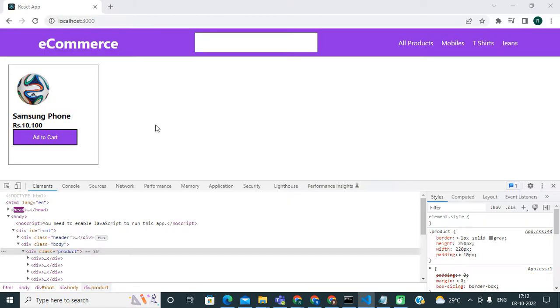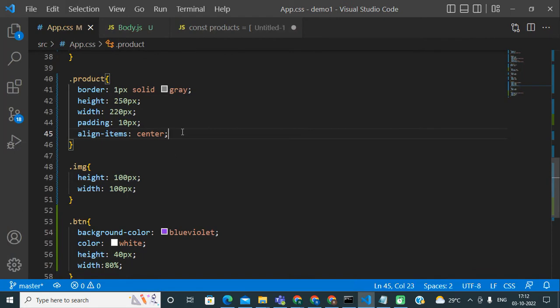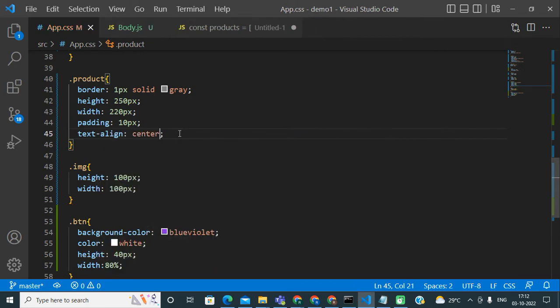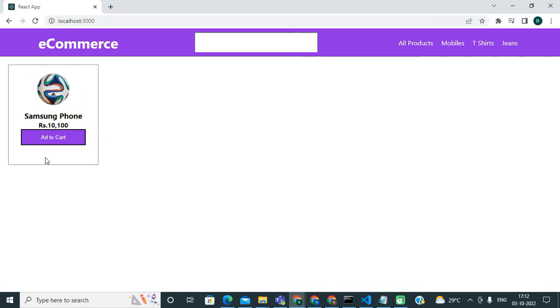So now you can see, sorry friends, not align items, text align. With the help of text align we can put our child element to the center of this box. So now this is okay.